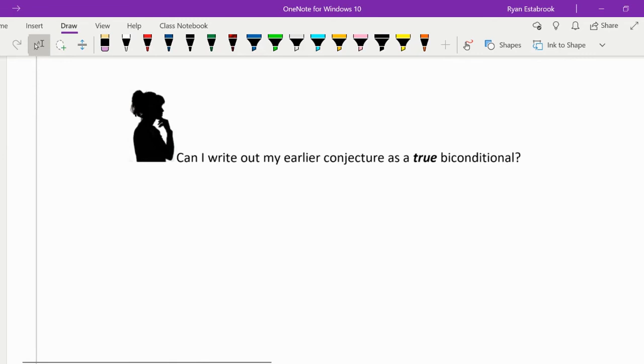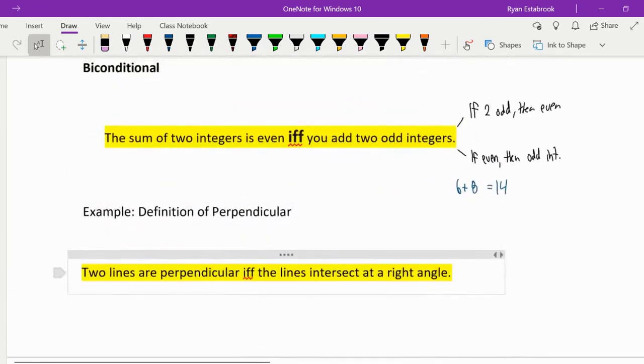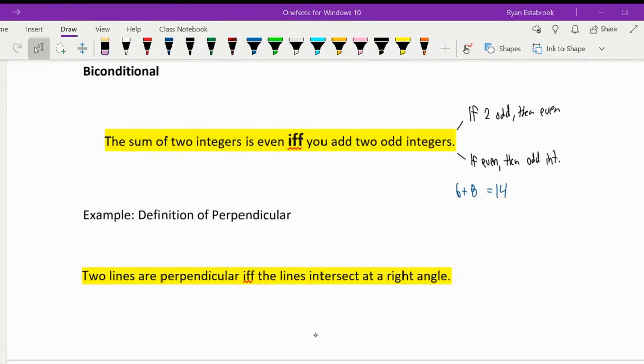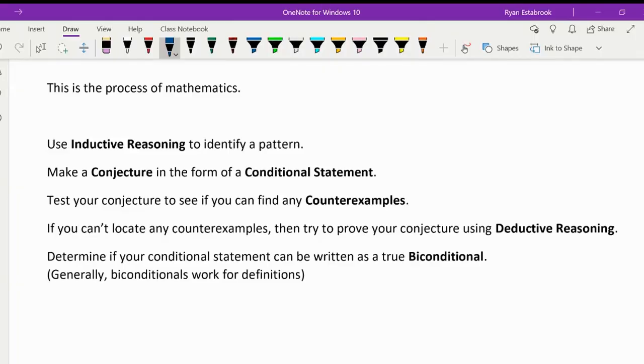So can I write out my earlier conjecture as a true biconditional? We just looked into that and said, no, we couldn't do that because it didn't work both ways. Process of mathematics: you use inductive reasoning to identify a pattern. Based off of that pattern, you make a conjecture, generally in the form of a conditional statement. If this, then that. You test your conjecture to see if you can find any counterexamples where the hypothesis was